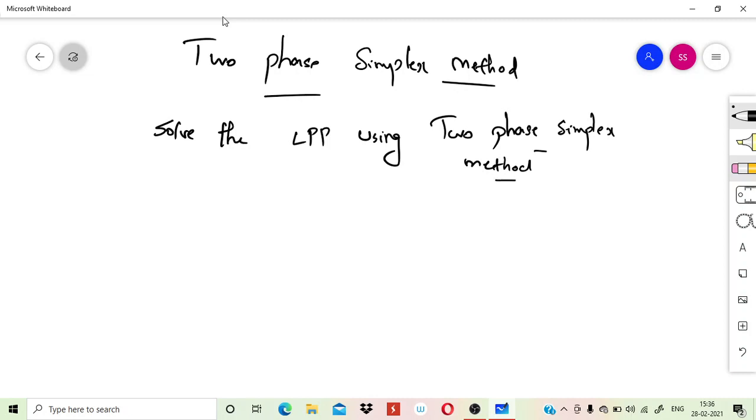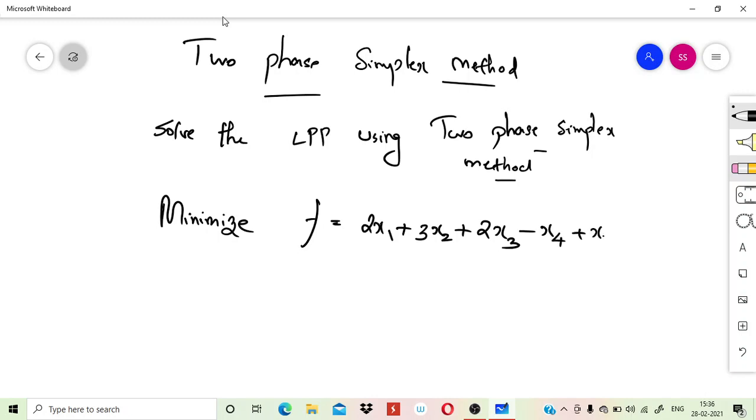And the problem is, minimize the linear function f equal to 2x1 plus 3x2 plus 2x3 minus x4 plus x5, subject to the constraints